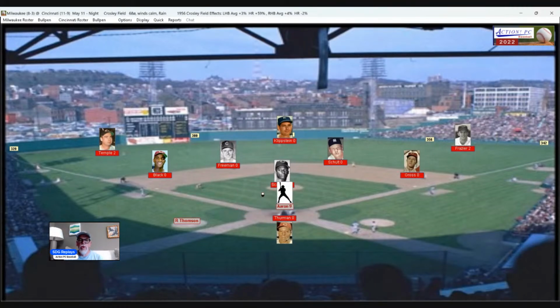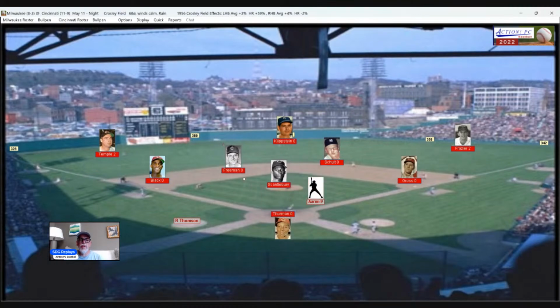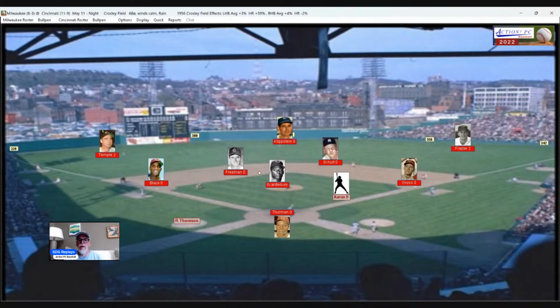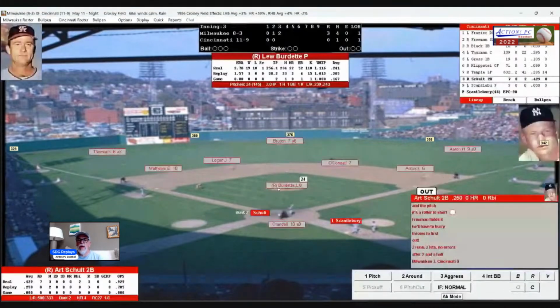Here's the pitch to Aaron. Grounds one slowly to short. Freeman charging it. Picks it up, fires at first. Aaron, this will be close. And he gets him by a step for out number 3, but not after 2 runs come across on 2 hits. No errors on the 2-run shot by Eddie Matthews. That will bring up, here in the bottom of the third,